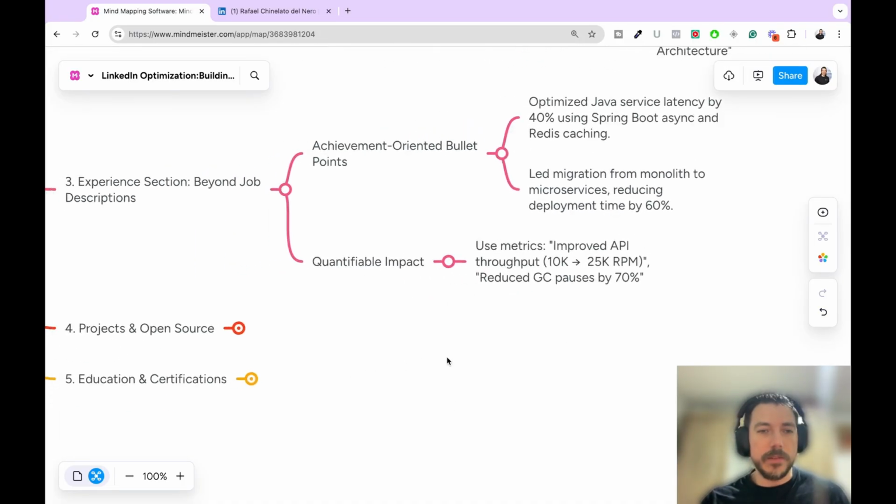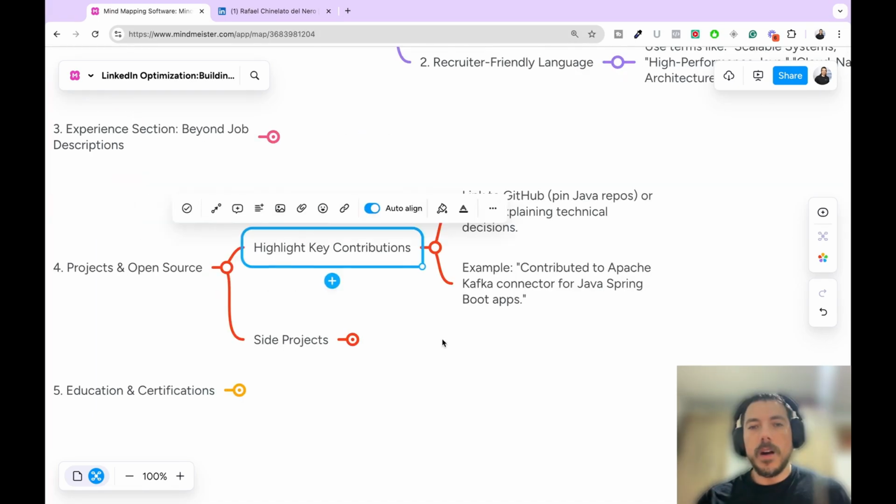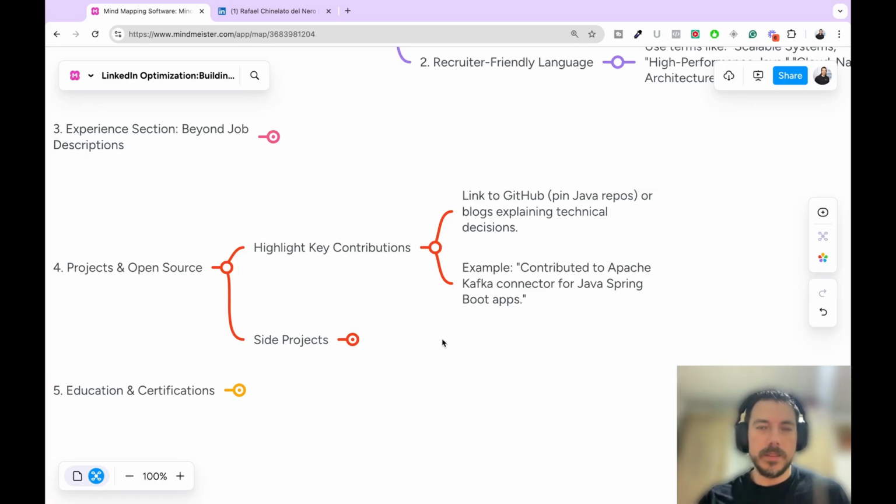Another thing that's powerful to do on your LinkedIn profile is to write down open source contributions. They count a lot on your CV. And you don't even need to make big contributions, because usually to start contributing to open source projects, you need to start small. Don't start trying to create a huge pull request with a huge feature. If you do that, people will very likely ignore your pull request. So it's better to start small.